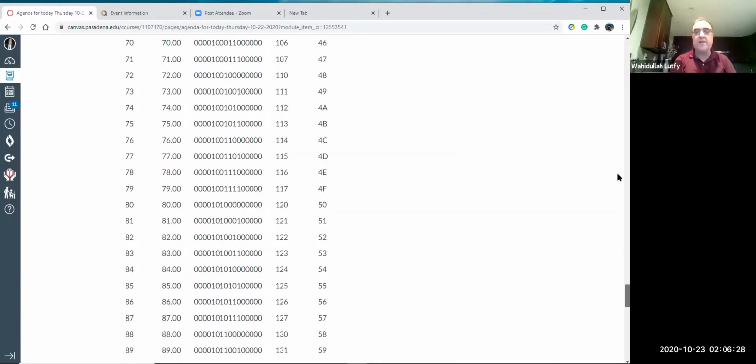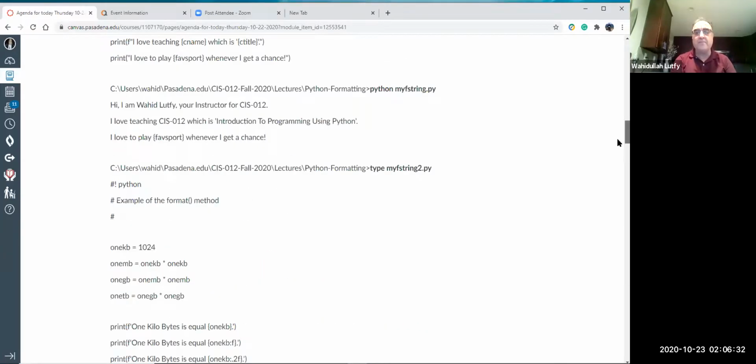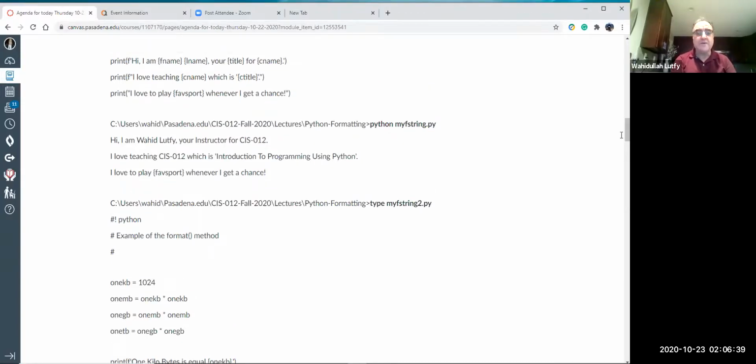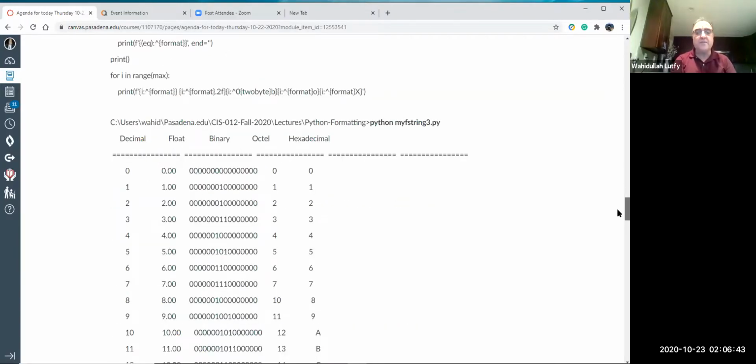So the f-string is there. A couple of examples. One is my f-string, and then the other one is my f-string 2, a second example, and then a third example, my f-string 3. And then with the format, we will see the output as well for each one of them. Let me just open up